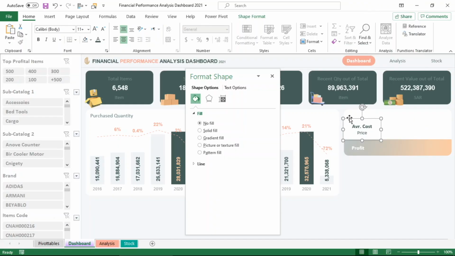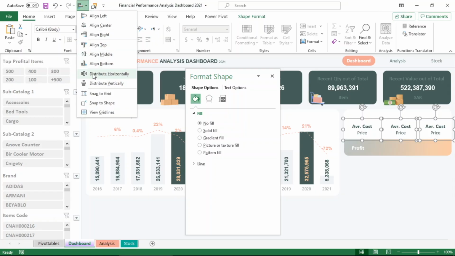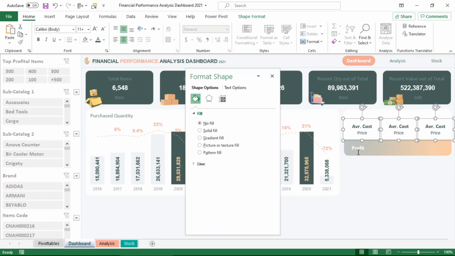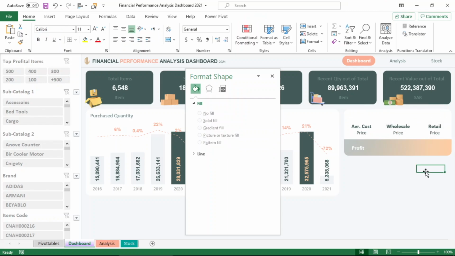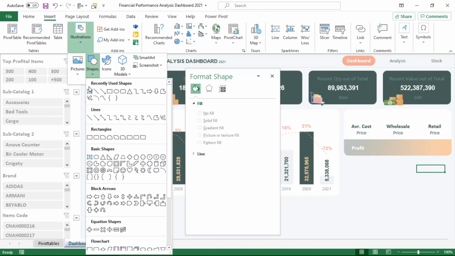Did you see the difference in the thickness of the fonts? Little things make a big difference in design. Let's separate them using lines.